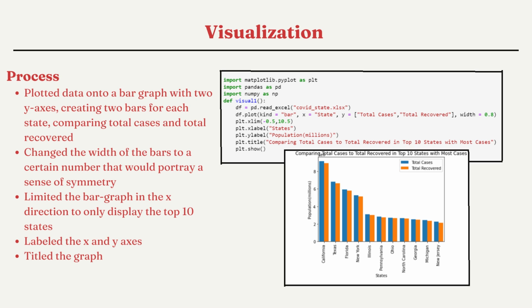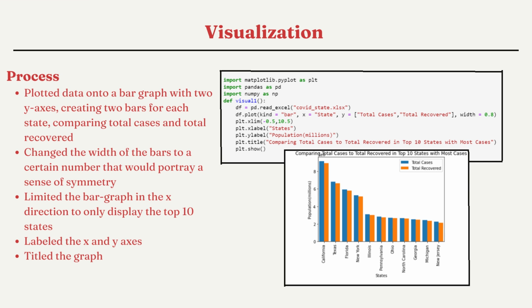Another area we both were curious about was how recovered cases fared compared to total cases. We decided a double bar graph would be sufficient for this task. We set the x-axis to be the states, while the y-axis would be the number of cases in millions. The two components for the y-axis were the total cases per state and the total recovered cases per state, so